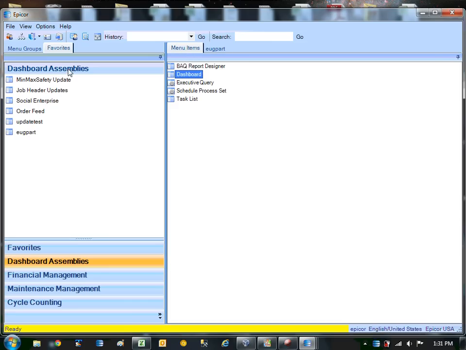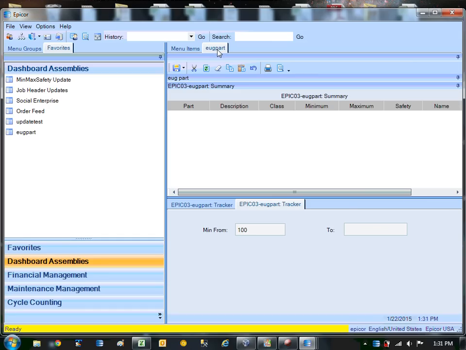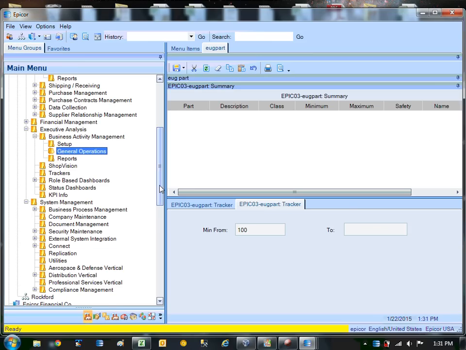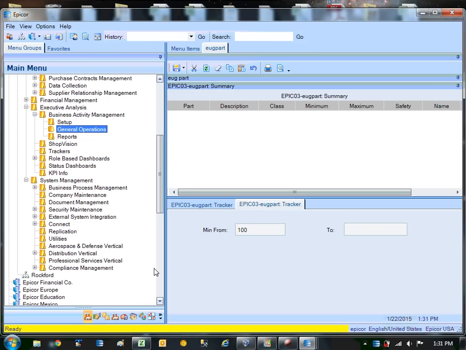So, just another place to deploy it. And that should be just for the current user. I've never tested that out, but that should be just the current user. So if I want to make this available to everyone, I need to go into menu maintenance, system management,